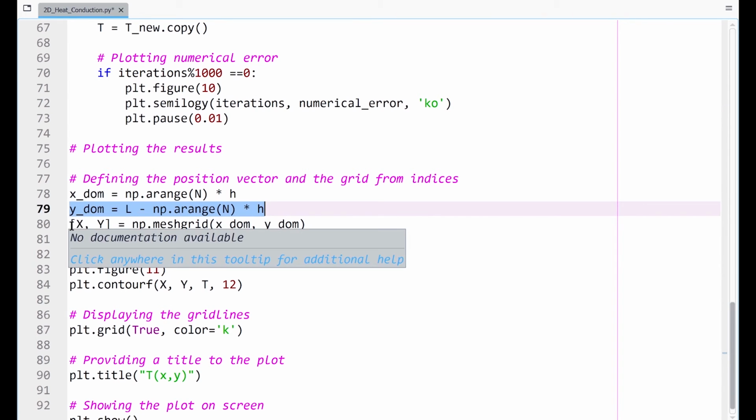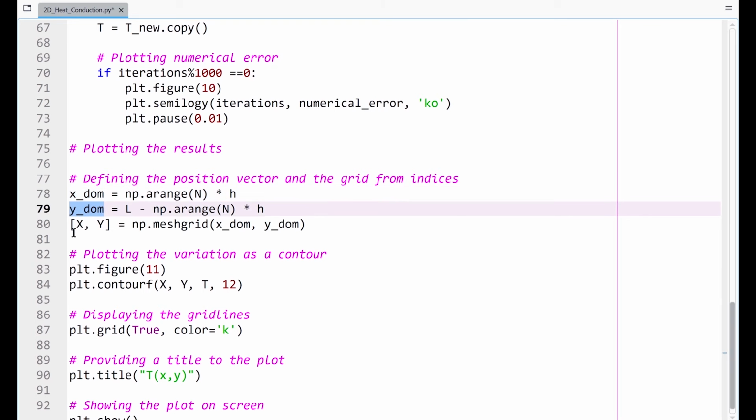And then based on x dom and y dom, we create a mesh. x dom and y dom are nothing but one-dimensional arrays. x dom is an array that contains the x coordinates of all the grid points. y dom is an array which contains the y coordinates of all the grid points. So now what we want to do is create a 2D grid from these 1D arrays.